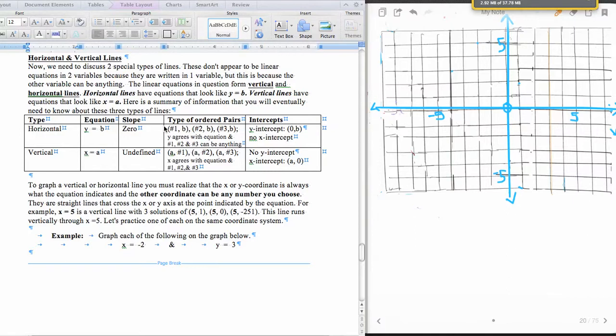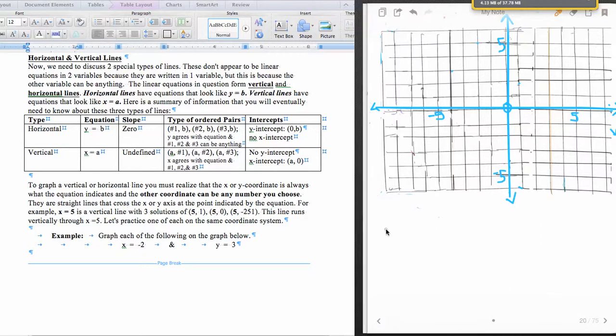Okay, this is section 3.2 continued, and we're going to do the example where we're going to graph a couple of horizontal and vertical lines. So our first one here, x equals -2, we're going to graph this. This is a vertical line. So what we're going to realize is that as we graph this vertical line, we see